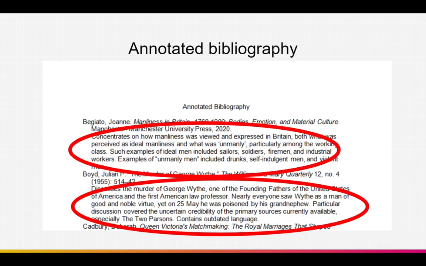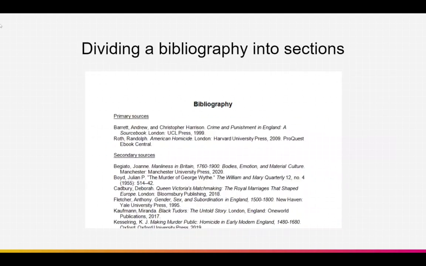There are other bibliography styles, such as a select bibliography, or a bibliography where you list all the authors grouped together, but a full bibliography and an annotated bibliography are going to be the two main bibliographies that you deal with. You might also be asked to divide a bibliography into different sections. So for history students, the more common example would be dividing into primary sources versus secondary sources. And the exact format doesn't really matter as long as it's clear and consistent and your readers can easily understand what you're trying to achieve.